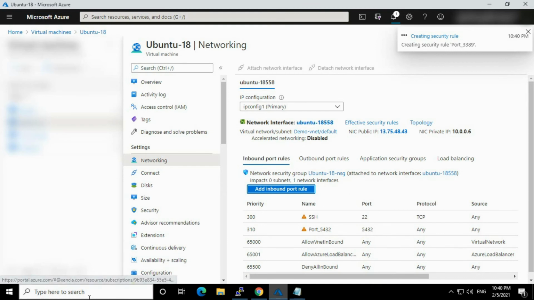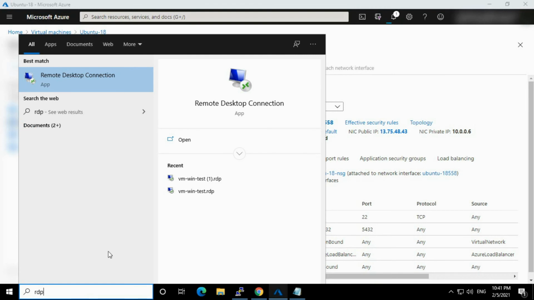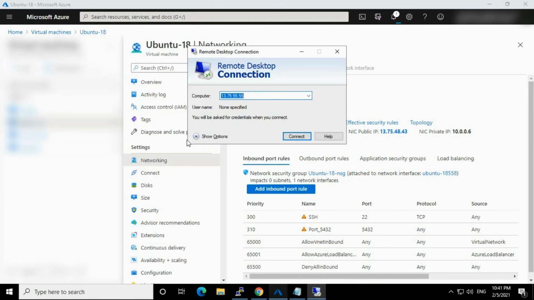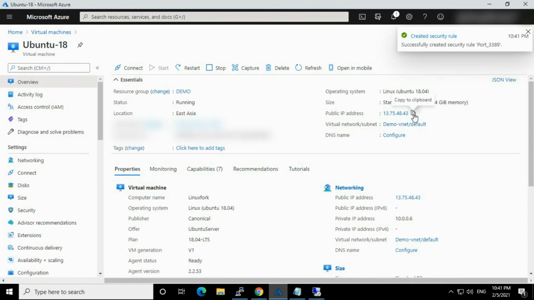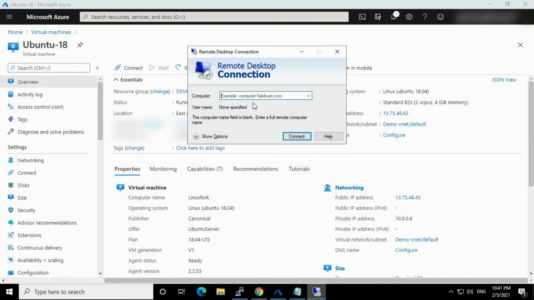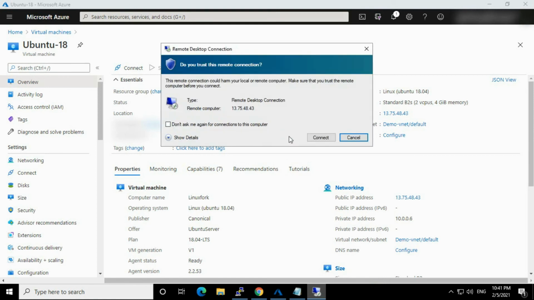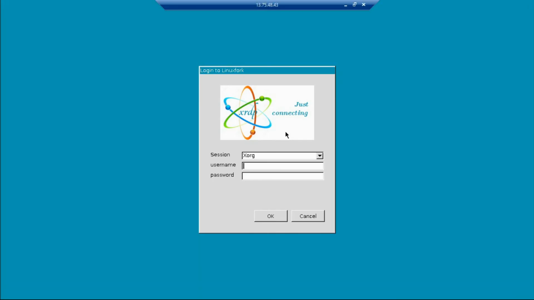Now open RDP here, not XRDP, RDP. Copy the IP of that server, paste it and try to connect. Yes.